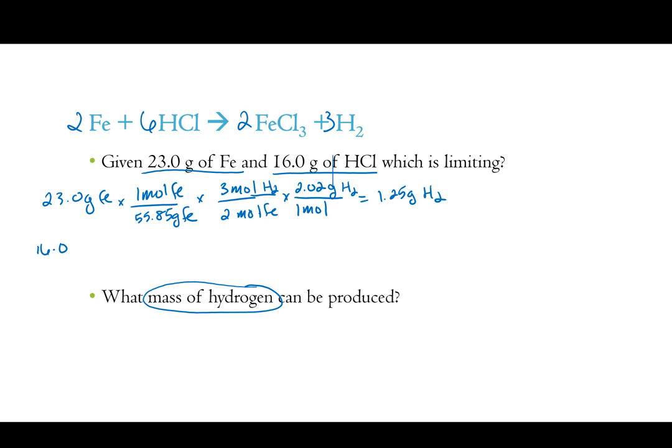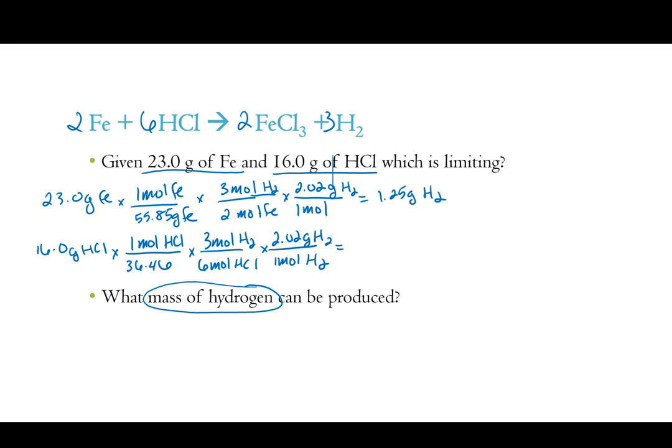If I use up the 16 grams of HCl, so this is just like the pizzas. How many pizzas could I make with the cheese? How many pizzas could I make with the sauce? Same thing, except it's iron and HCl instead of pizzas and sauce. So mole to mole step, 6 mole HCl, 3 mole hydrogen, and then 1 mole hydrogen and 2.02 grams hydrogen. And so that's going to give me 0.443